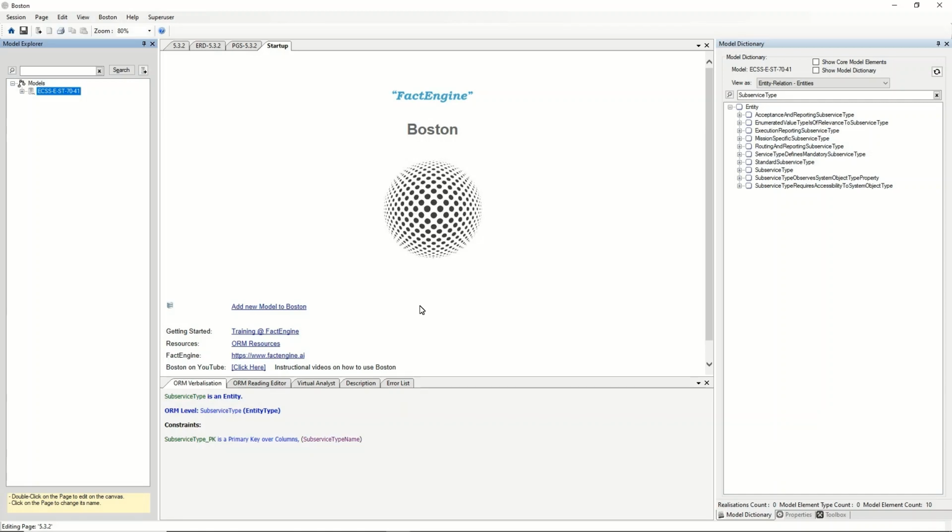We're going to be looking at Metadata Lineage in the Boston Conceptual Modeling tool, which will be coming to you in the October 23 release of Boston. And if you're watching this video after October 23, then it's already in Boston. We've got the Boston Conceptual Modeling tool open in front of us, and in the Model Explorer on the left hand side we've got a model called ECSS